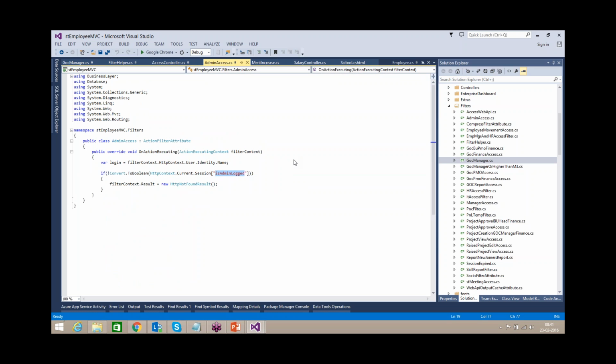At the time of login, what we are doing is we are checking his role and we are setting some properties. Based on those properties, we are restricting the access to a particular view.